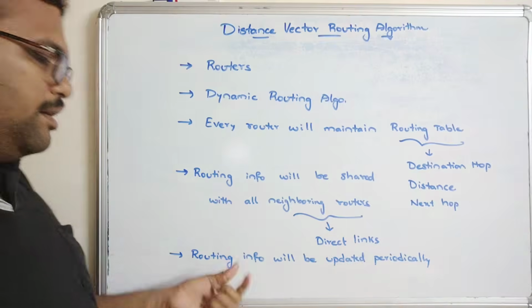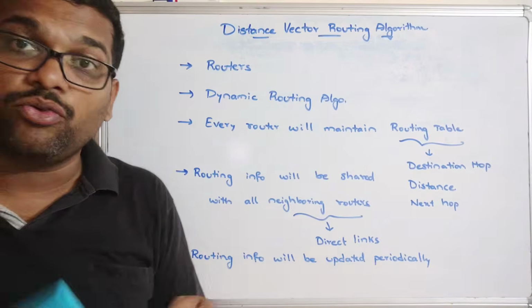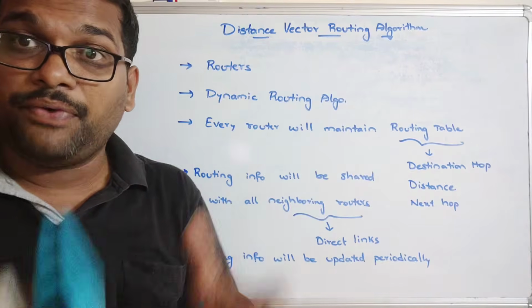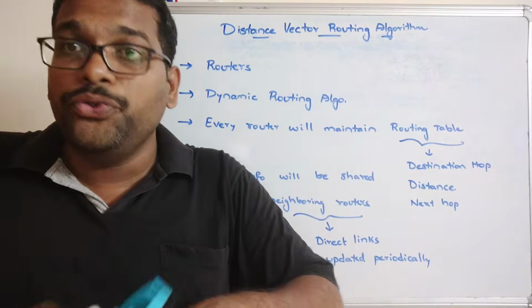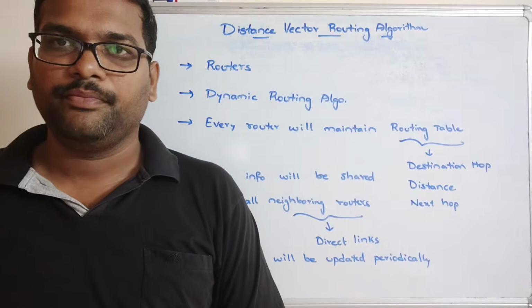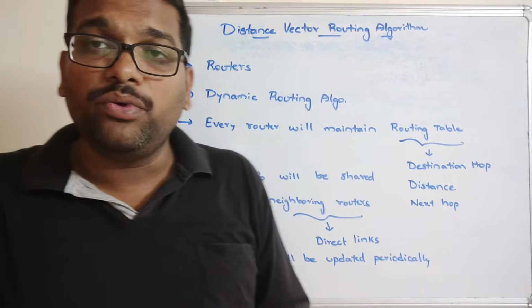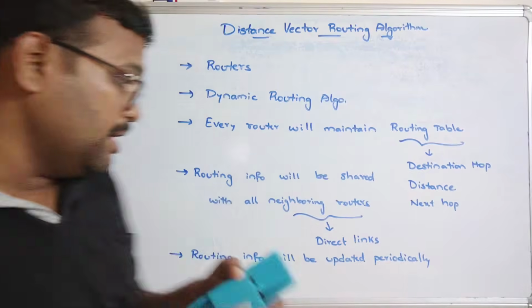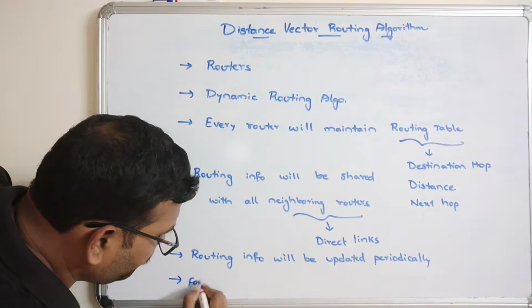After sharing the routing information with the neighboring routers, the routing table will keep on updating. Finally this will be repeated until no new information is to be exchanged between the routers. That's why we call the distance vector routing algorithm an iterative routing algorithm, and this mainly follows